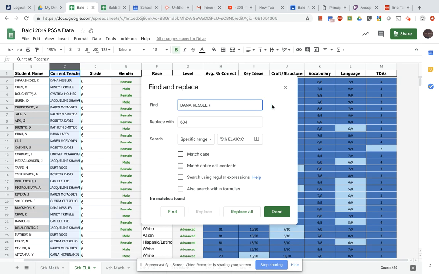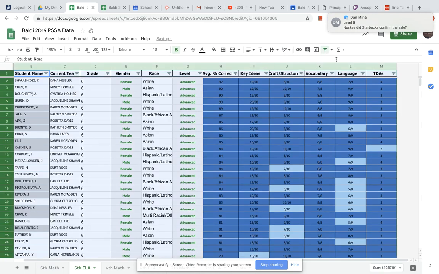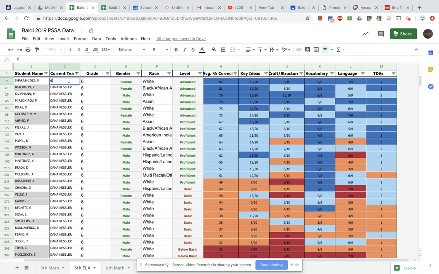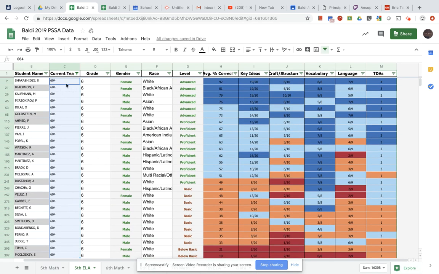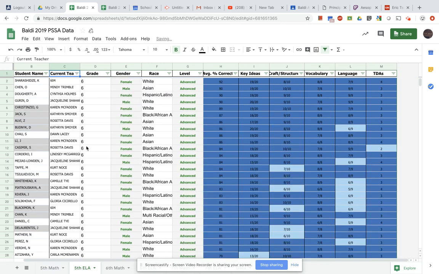But another way to do this without doing the find and replace would be to filter for this teacher. And so we add a filter. This is how you add a filter up here. I'm going to clear, I'm going to find Dana's name right here. And I'm going to replace this with 604. So now I'm just going to drag and drop this down. And that's another way just to quickly change from a teacher's names to a section. Find and replace does work. I'm not sure why it's not working for me at that time. Okay, so I'm going to select all. I'm going to get all my teachers back here, and I'm going to show a way to use a pivot